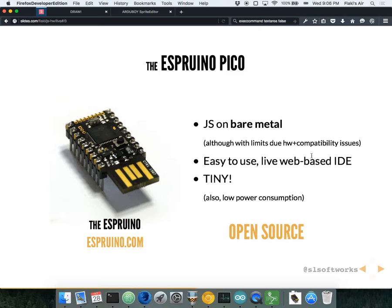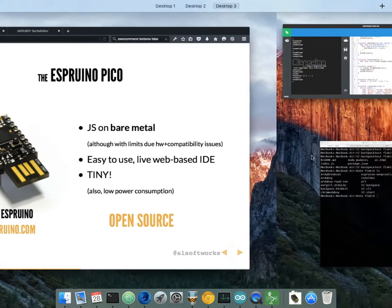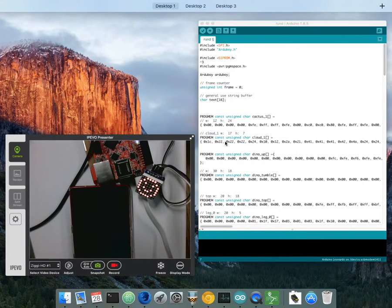So it's as bare metal JavaScript gets. Well, it gets you a lot of problems, of course. It has its own interpreter, which uses a lot of stuff that's not compatible with ES5 or even ES3. It doesn't have Unicode because of the size limitations, but it's pretty good anyway. And how good it actually is, I'll let him speak